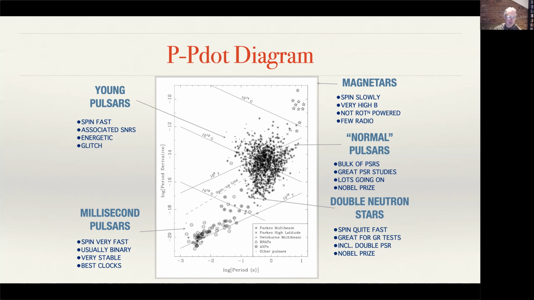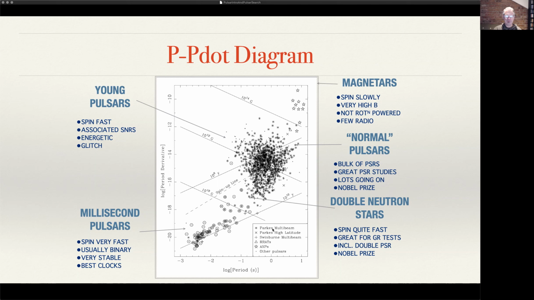And this is because they emit magnetic dipole radiation. So basically, if you take a magnetic dipole and you spin it in a vacuum, it radiates away energy. And so it will spin down, it will get slower and slower. And that's what's happening to our pulsars as well. And so we can use this to try and identify different types of pulsars and group them together. So it's a little bit like that Hertzsprung-Russell diagram that I showed you right at the start, but this time it's for pulsars themselves. So you can see this main island of objects here in the middle of this plot